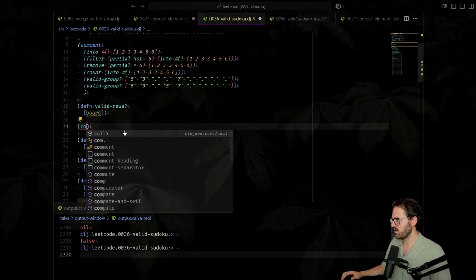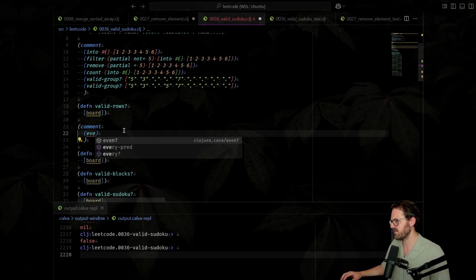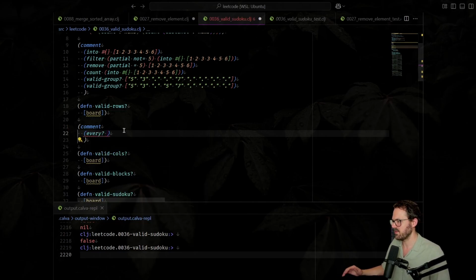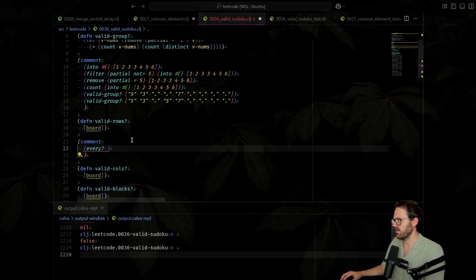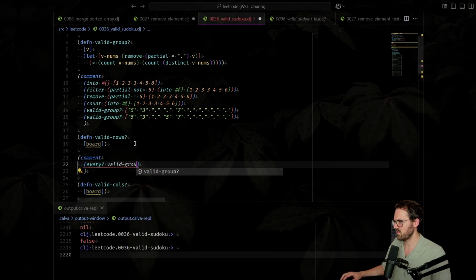And so what are we doing in valid rows? In valid rows, we want to check to see that every row in the board is valid. And this is something that looks very elegant and nice in Clojure. There is, in fact, a function called every. And so we would say every valid group